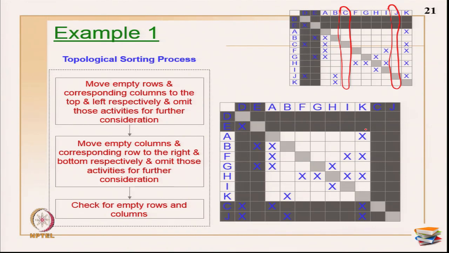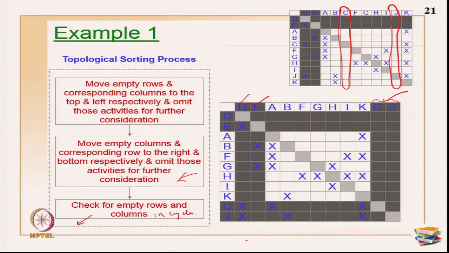So now what happens is, I have identified D as my first activity, second is E activity. I have also identified there are two parallel activities in the last as C and J. Now again I have to repeat this process to check any other empty columns are there. So any other empty columns are there, it looks like there are no other empty columns. Okay. So this process I have to repeat in cycles, which is what I said. Okay. This has to go in cycles until completion.